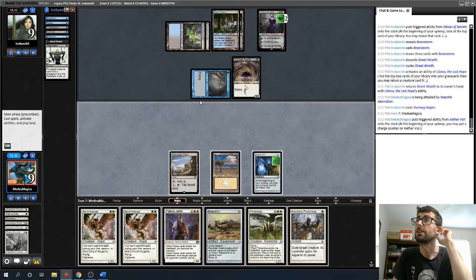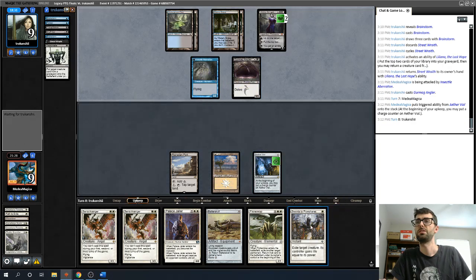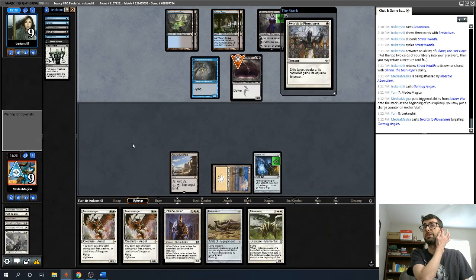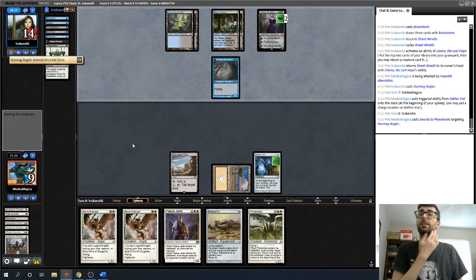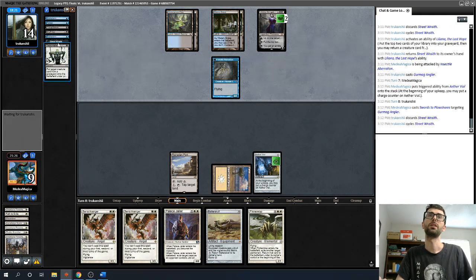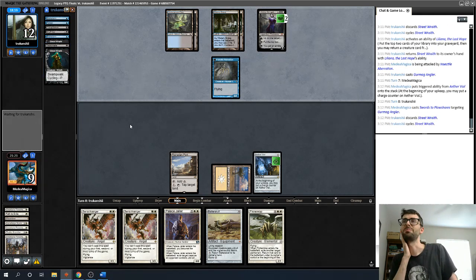Well, that's a start. And Swords the Plowshare is the Gurmag Angler. Violin a Sarah Avenger to trade with the Delver. And then maybe be okay. But I might just run into a hard cast Street Wraith as, what is it, a 3/4? Nope. Well, I mean, maybe yes, but...